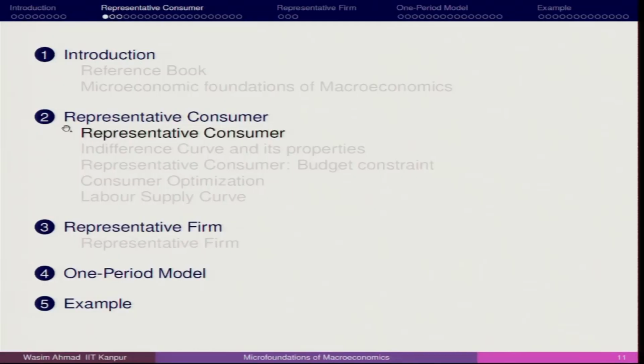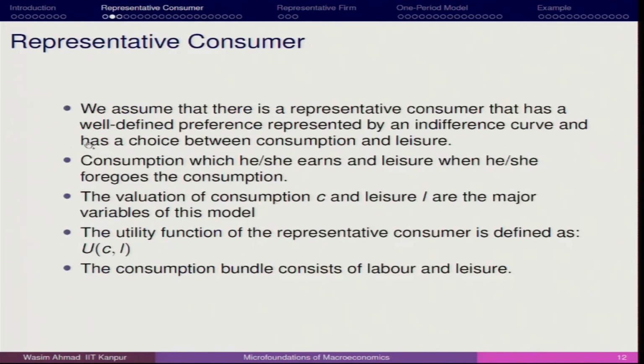Welcome back. In the last session we discussed why we have to study the firm and the consumer, and we will now extend the one period model to the next level, and see how we can define this representative consumer. Here we assume that there is a representative consumer who has well defined preferences, and these preferences are represented by what we call the indifference curve, which will show the choice between